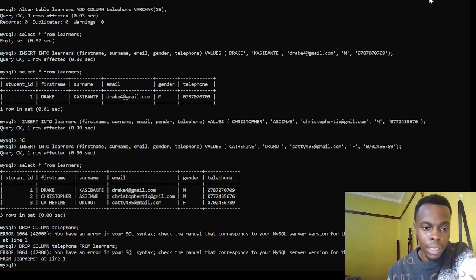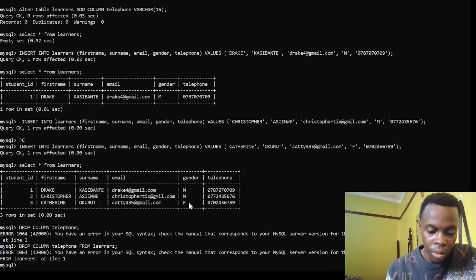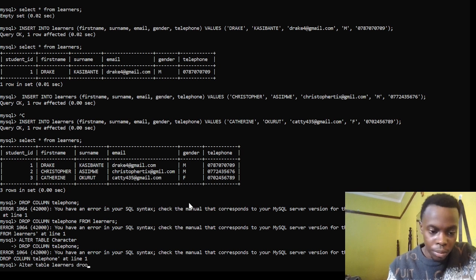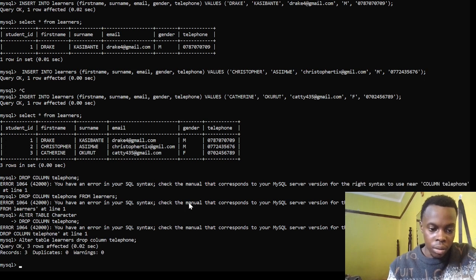We shall say alter table learners drop column telephone. Yes. So you can see